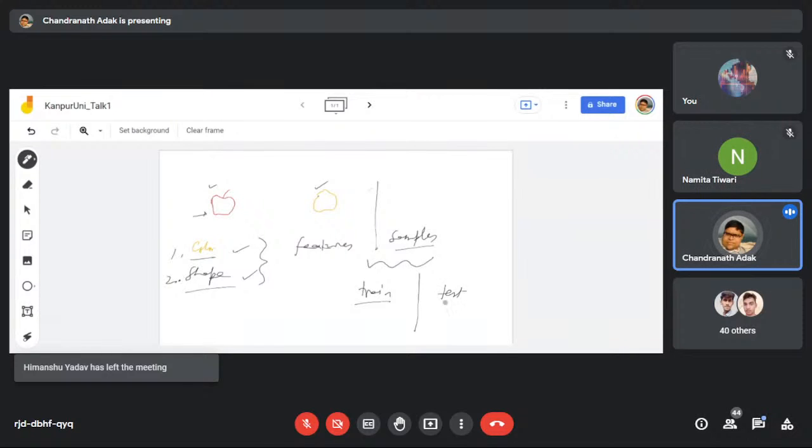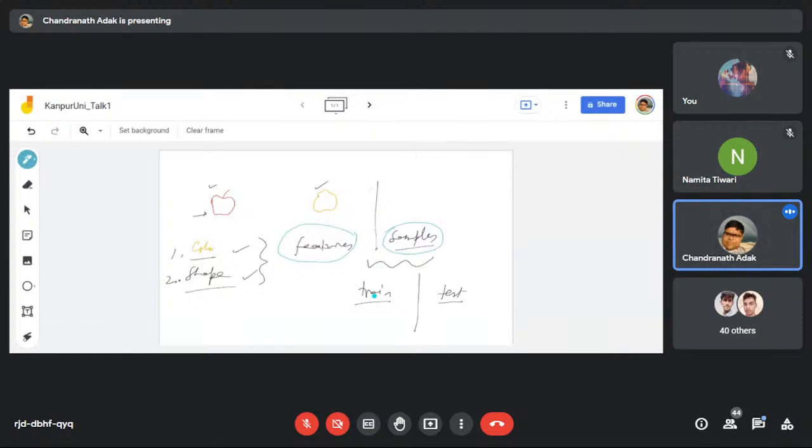After that, I am testing, or taking an exam. Some unknown fruit or unknown shape of orange, I show you, and I test that child, whether he or she is able to understand this fruit shape or not. So this basic problem statement is clear, everyone? In machine learning terminology, we have understood a few terms: features, samples, and training and test. So let's come to the convolutional neural network now,